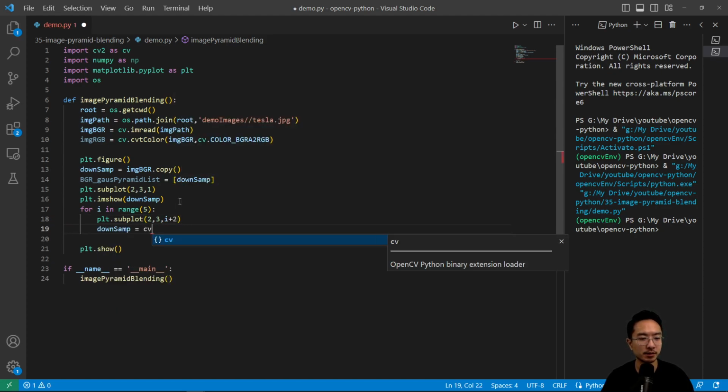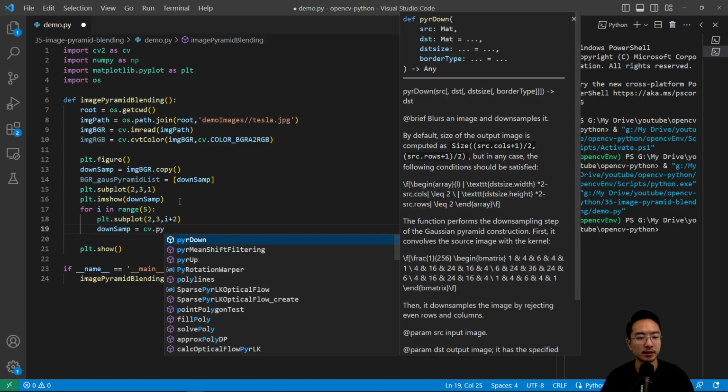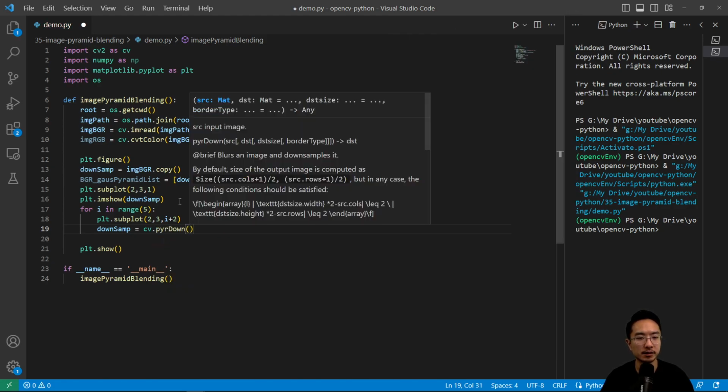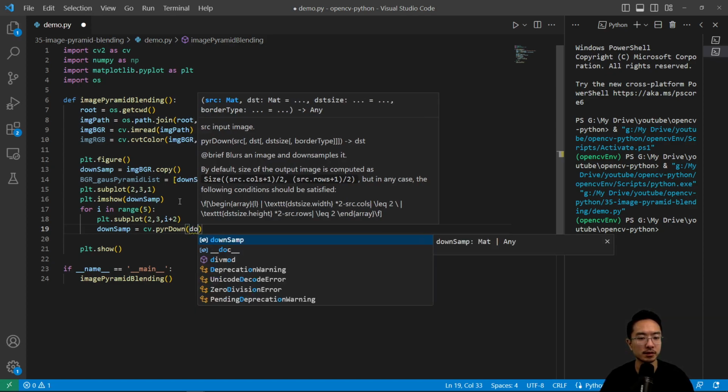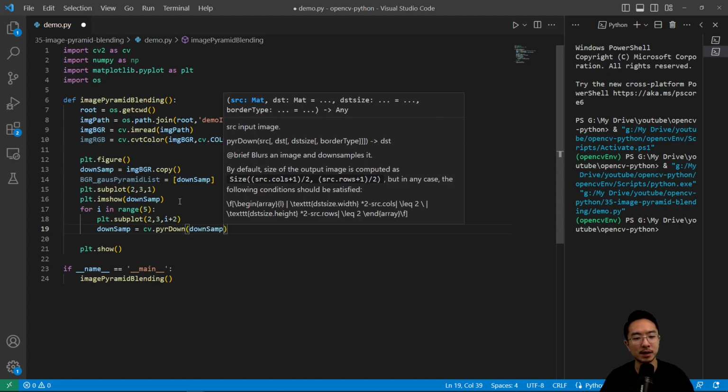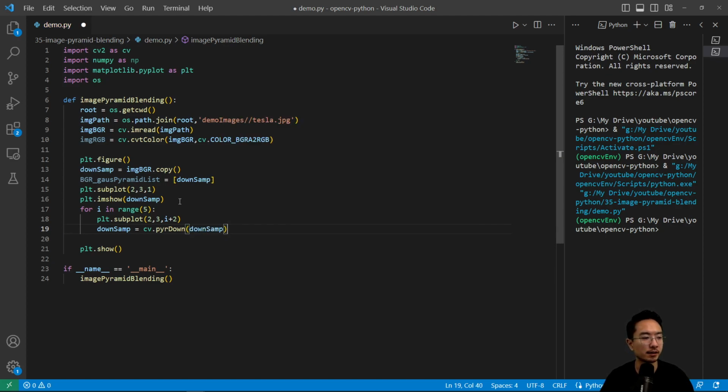And our downsample is going to be cv.pyrDown. Here's the function that we're using. It's called pyrDown, so that's what does the Gaussian pyramid. What you want to pass in is the image you're trying to downsample. So every time you pass this in, it'll cut the image by half. So if I do plt.show